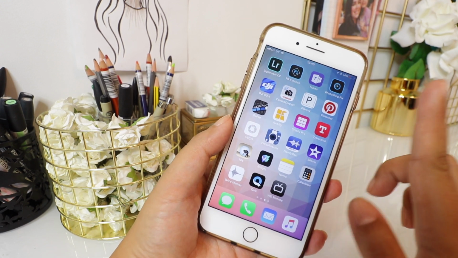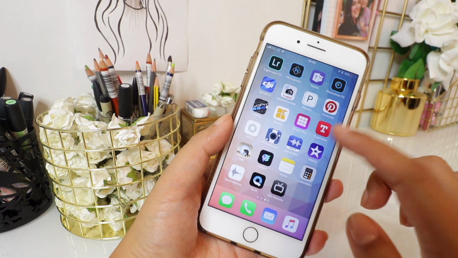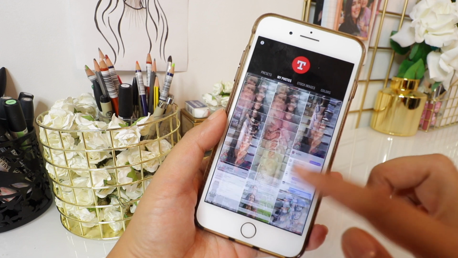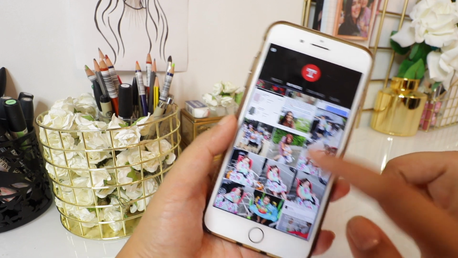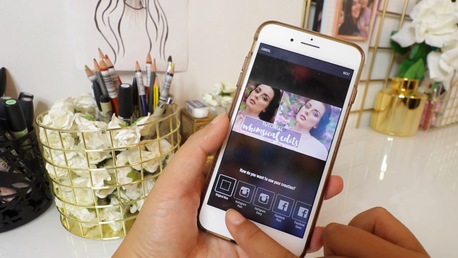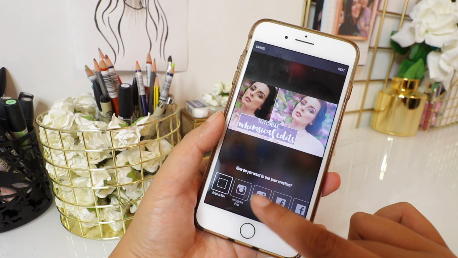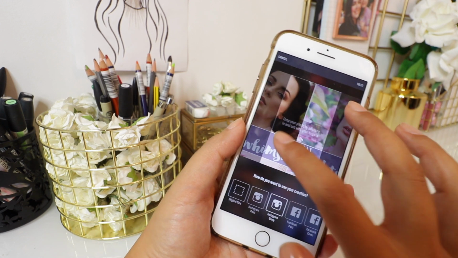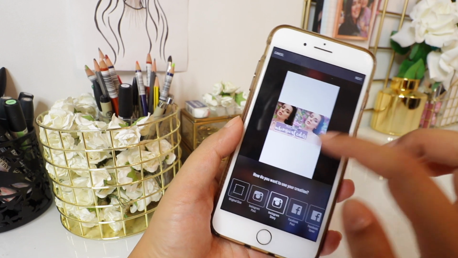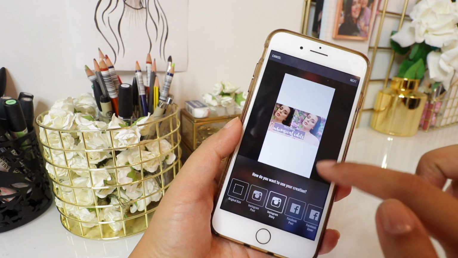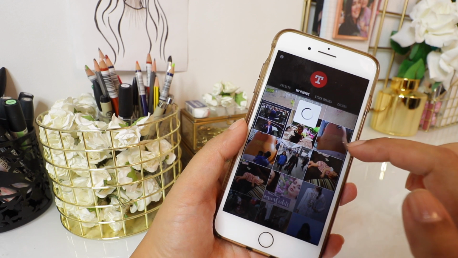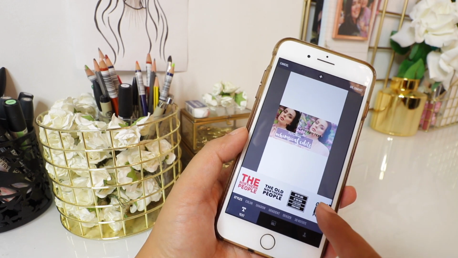The other Instagram related app that I use, and it's primarily to create stories, is Typorama. And what Typorama will do is you can take an image of yours, this image, and I can say whether I want it to be an Instagram post, a Facebook post, etc. I create my Instagram stories from here. And what it helps me to do is, and it's not doing it right now, it helps me to create stories. So if I put my image where I want it to be on the screen, it will then give me a number of